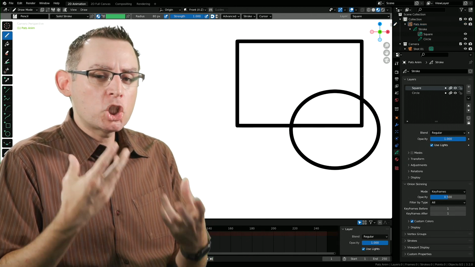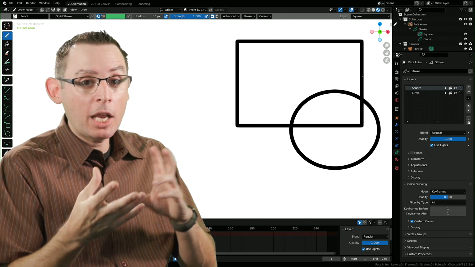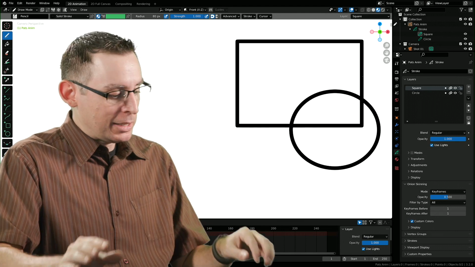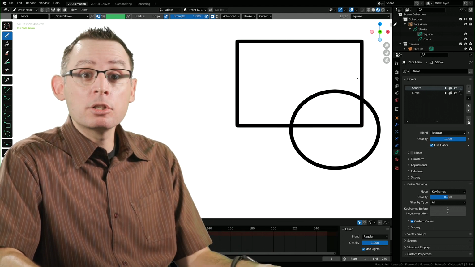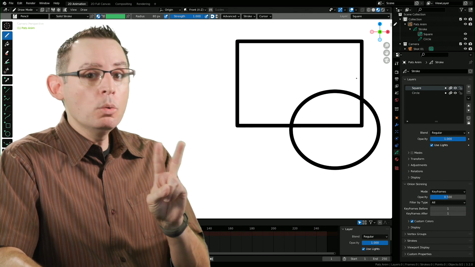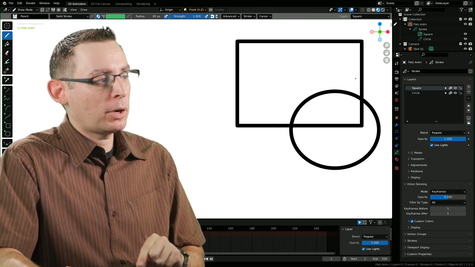But what if I wanted to change it? What if I wanted to edit one of my drawings or change the location of one of the objects inside of my drawing itself or inside of my scene? Well, that requires us to change the mode. The default mode is the drawing mode, but we have two others that we need to be mindful of because they have a purpose in a larger context of our animation.